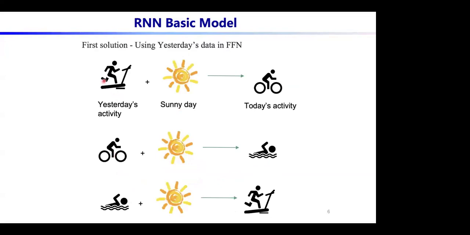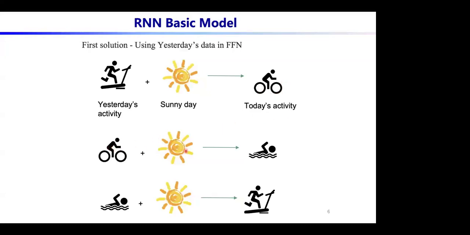So this is a logical relationship we can first draw up so that we can understand how we can build a neural network to achieve the same thing, right? So if yesterday's activity is some kind of running and today is sunny, we decided to do bicycling.